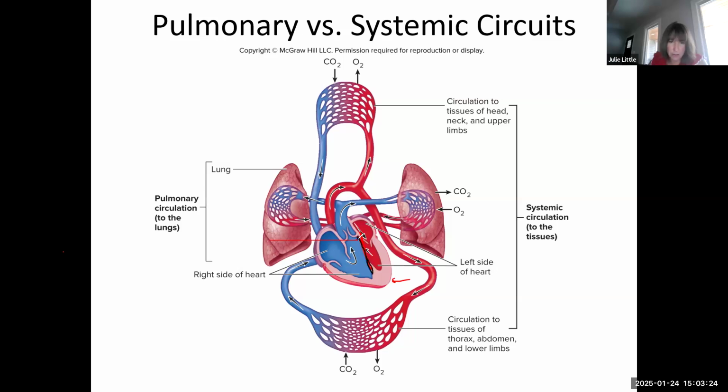But they're not. They're separated. The left side of your heart and the right side of your heart are completely separated from one another. It's like you have these two pumps that work side by side. And on the right side, you notice that the blood is blue. That's because it's low oxygen. On this side, low oxygen,